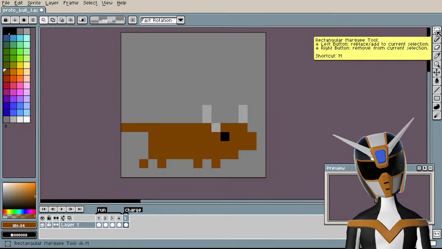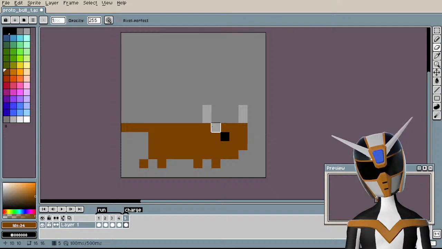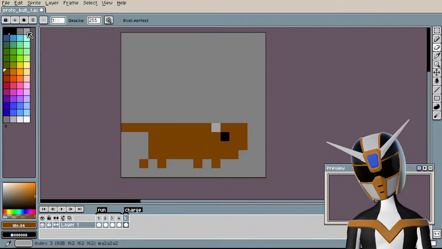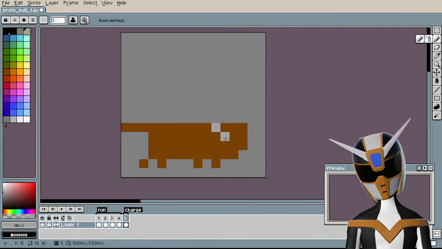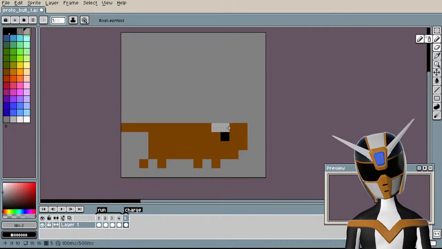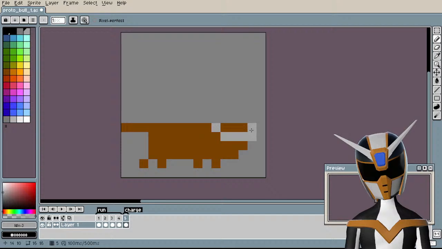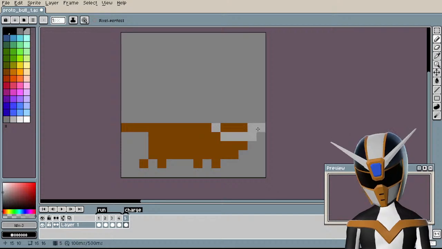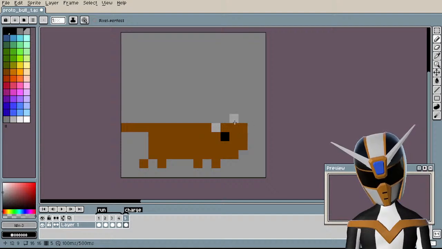So how am I gonna do this now? Okay, well, let's start by, his horns need to be separated by a pixel at least.